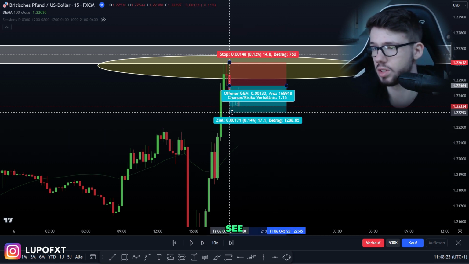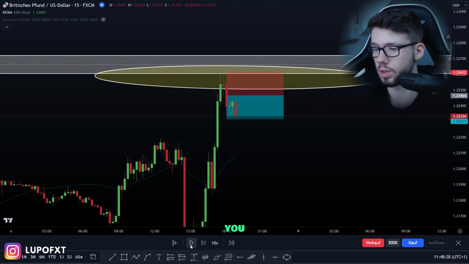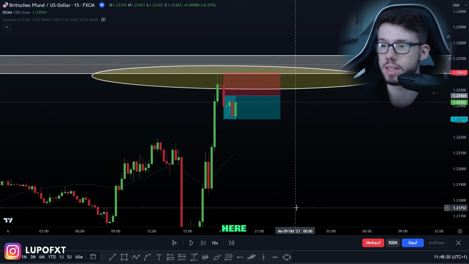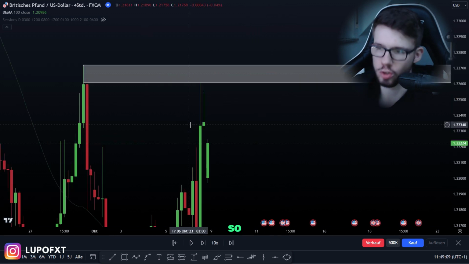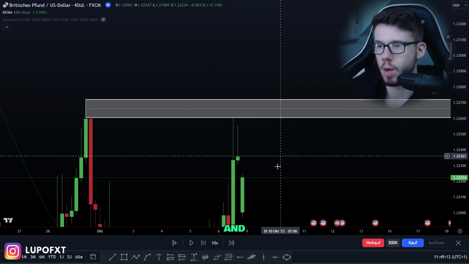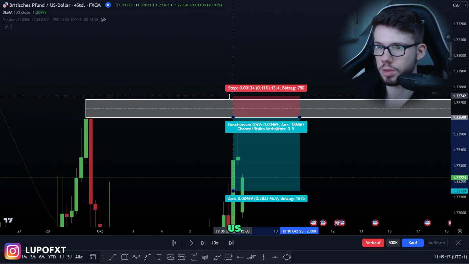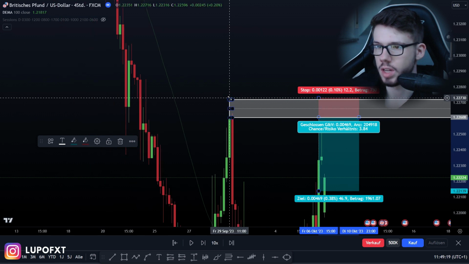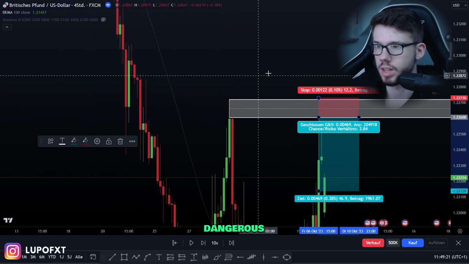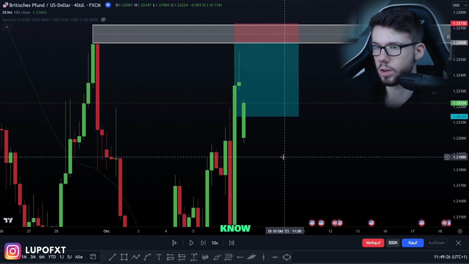In that case, let's just see. Our 1-to-1 would be here, so you can see that basically, boom, here you would already hit your take profit. So now, being back on the 4-hour chart, we can already see that if we had our alarm here and took the more aggressive approach, even if we just put our sell here and the stop loss above the zone, even looking to the left, okay, this is a little bit dangerous, but still, we could see that overnight, or over the weekend, this trade would have played